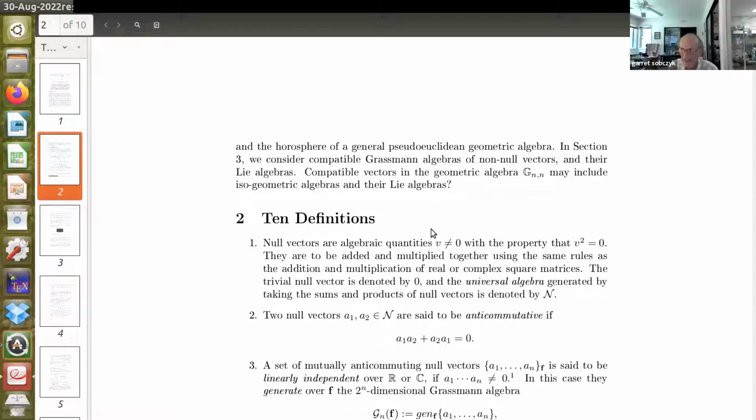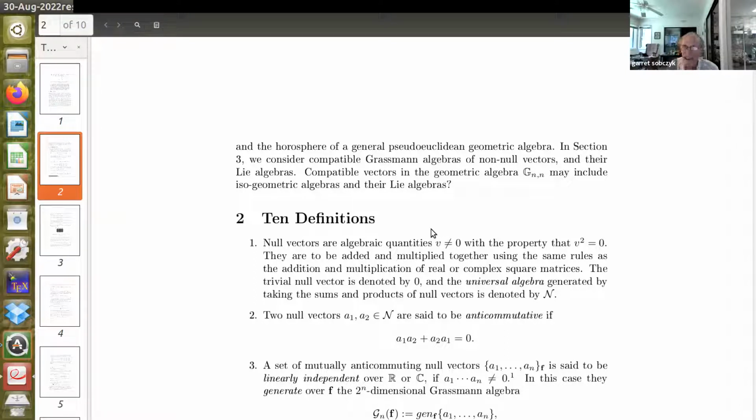Yeah. So take two orthogonal unit vectors and multiply them together, you get a bivector. Now that bivector can have square +1, or it can also have square -1. We say it's a Euclidean bivector if it has square -1, and that's identified with i in the complex number system. Now, if it has square +1, it can be a bivector where one vector has square +1, the other has square -1, and then they're anti-commutative. So the important idea is the notion of